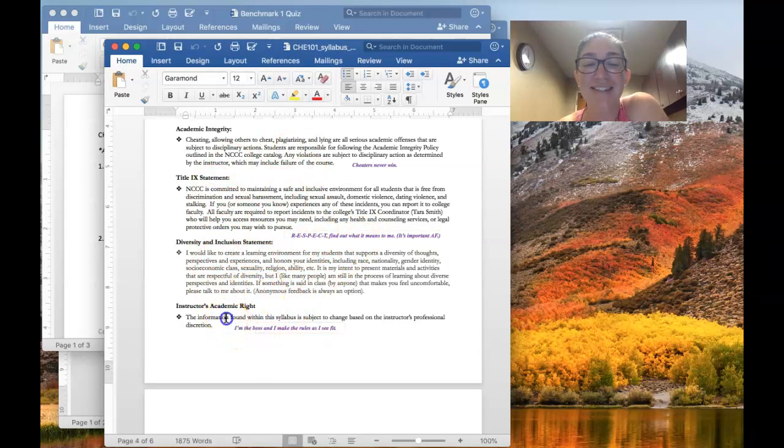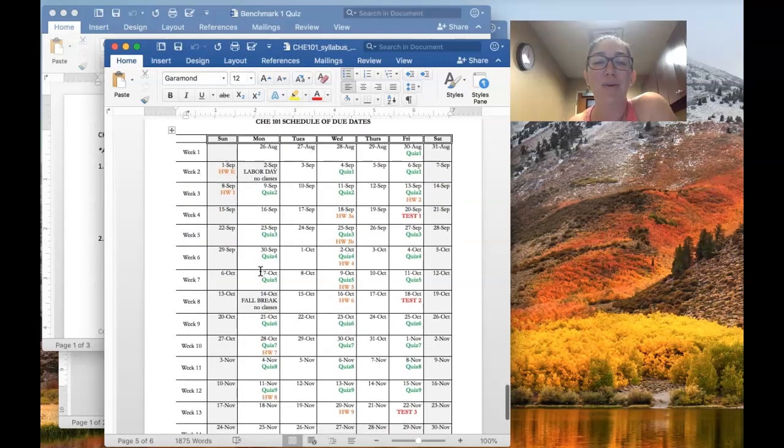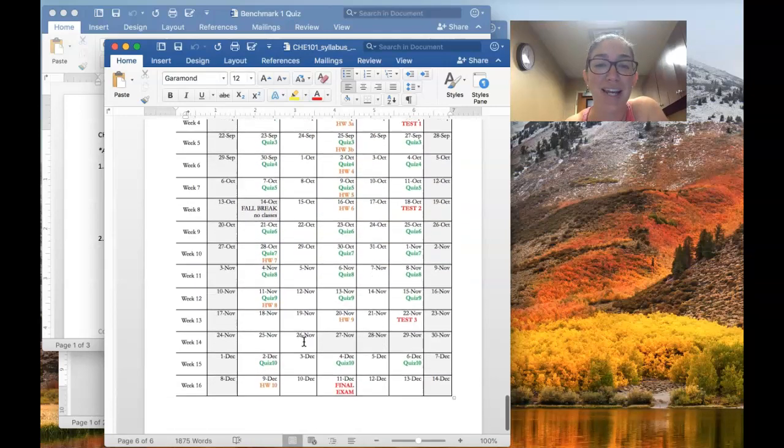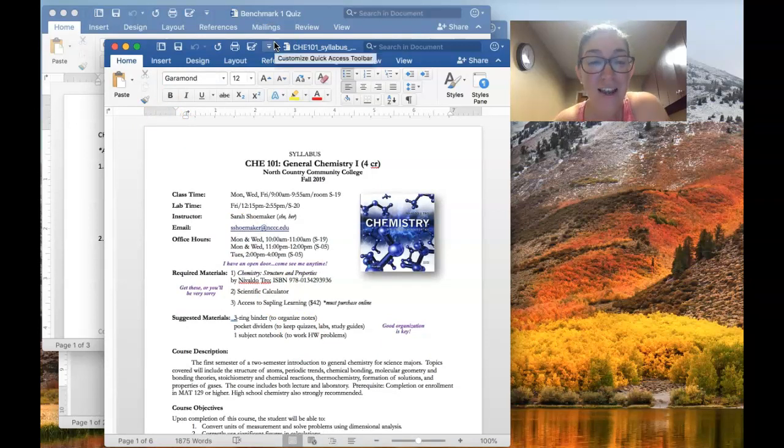And then lastly, this is just a statement saying that things change. For example, I didn't expect to miss the first day of class, and I did have to shift things around a little bit. So sometimes things in the syllabus and the schedule will shift, and I will always keep you informed of that. So it's not 100% set in stone, but I work my best to try to stick to this schedule. So keep it handy, and your homework assignments are to log into Sapling, and where's my finger in